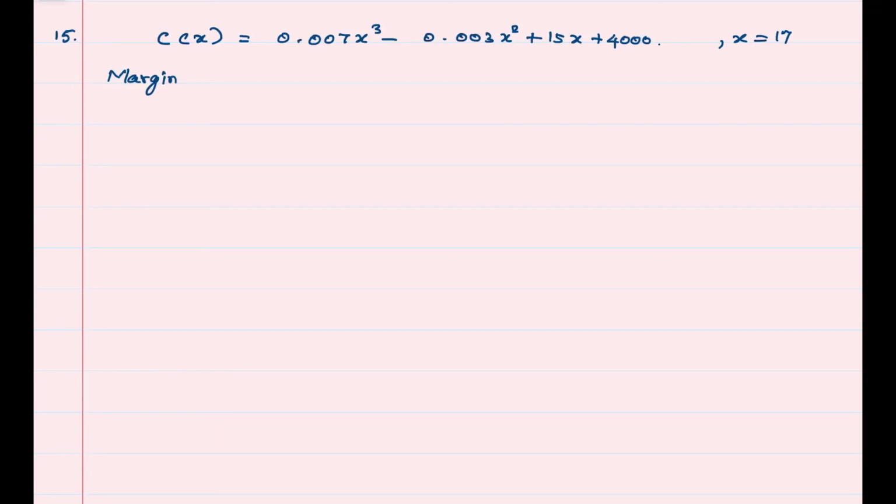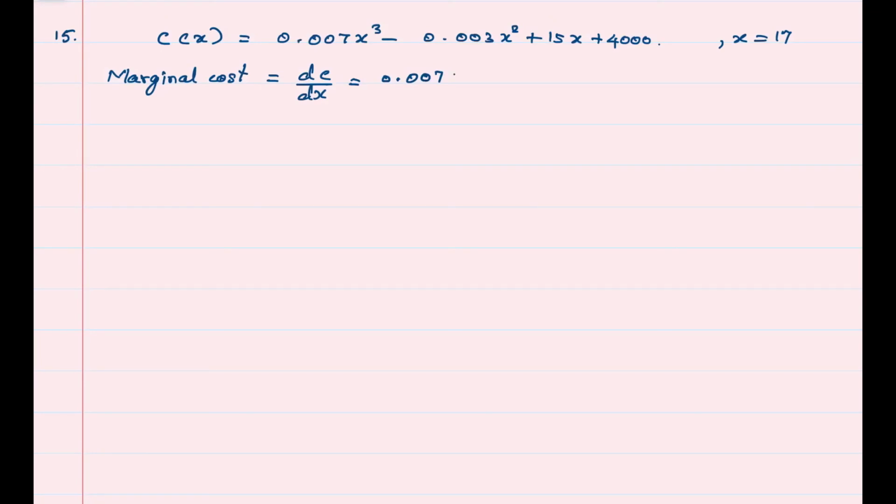Question number 15. The total cost C of x in rupees associated with the production of x units of an item is given by C of x is equal to 0.007 x cube minus 0.003 x square plus 15x plus 4000. Find the marginal cost when 17 units are produced. x is given as 17. We know that the marginal cost is dC by dx, which is equal to, let us differentiate and write